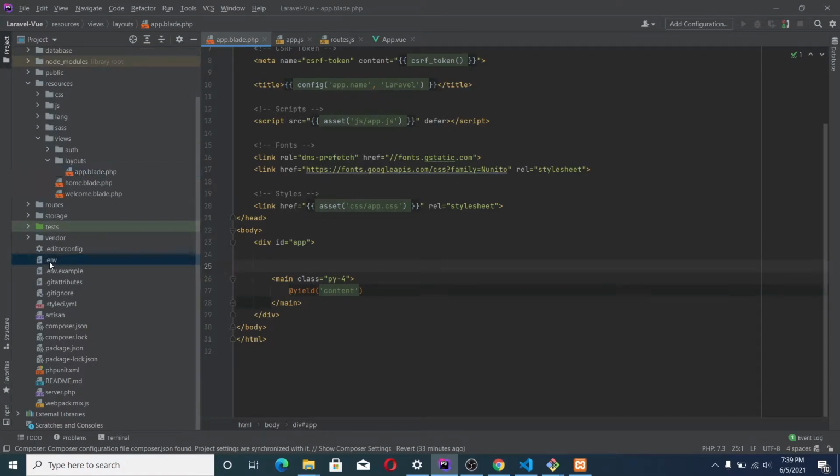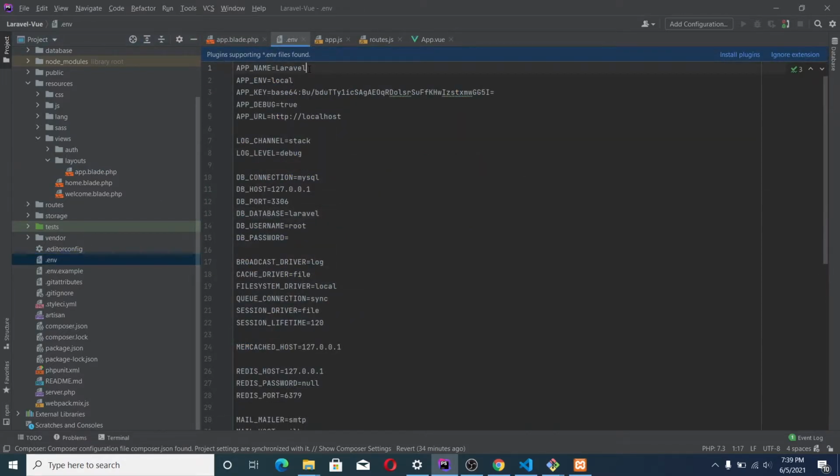If we open our .env file here, let's say Vue.js code. This is going to be the name of our app here.